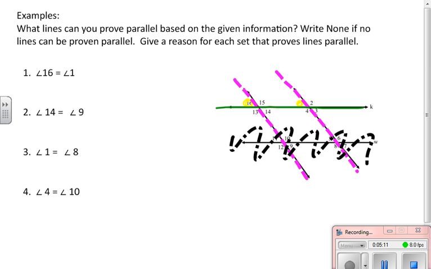Do I have alternate interior? Do I have alternate exterior? Do I have same side supplementary, or do I have corresponding? If I have one of those four angle relationships, and that they are equal, supplementary, or equal, then I can say the lines are parallel. So it's kind of like a four-choice multiple guess every time. So 16 and 1 are corresponding angles. They sit in the same position above and to the left. So this proves that